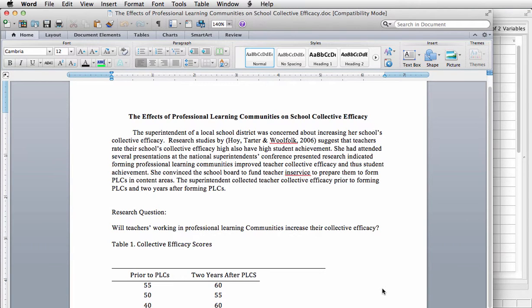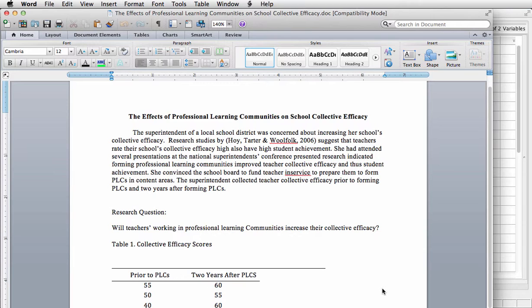Now what I'd like to do is show you how to use SPSS to do a related or paired samples t-test. The context for this study is that a superintendent decided that she wanted to increase her school's collective efficacy. And one of the things that she thought might do this, based on attendance at a research conference, was implementing professional learning communities, because she learned that if a school has higher perceptions of collective efficacy, students usually have higher